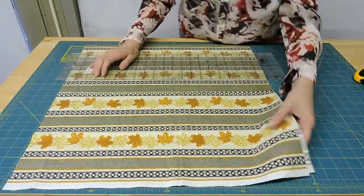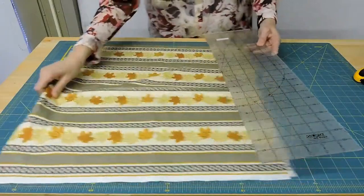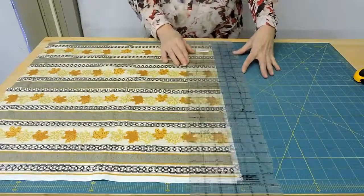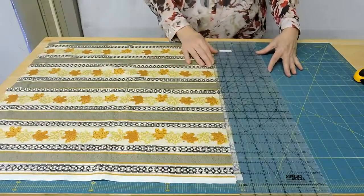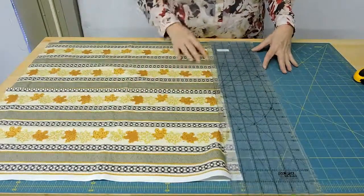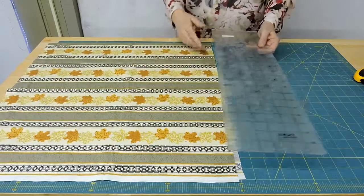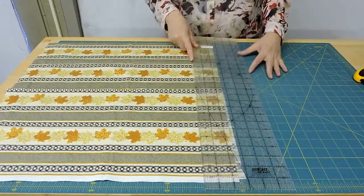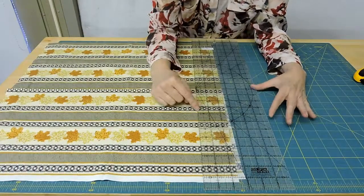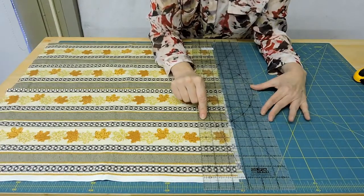But what if I wanted to go into the other direction? And I took my ruler and I put it on my fabric, and there's nothing to line up with, because here I had something to line up with. Here I don't. So how do I know if I'm getting a good cut? Well, what you have to do is you have to go a little bit onto the fabric. So pick an area, and it doesn't matter what area,